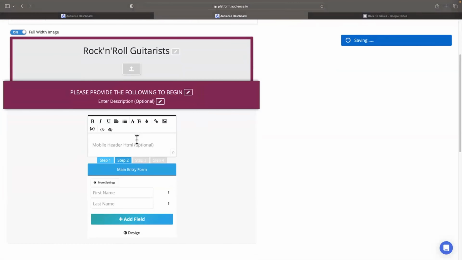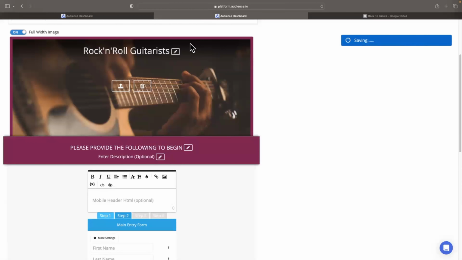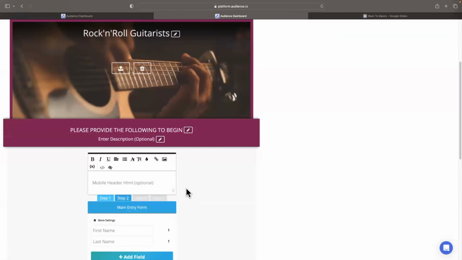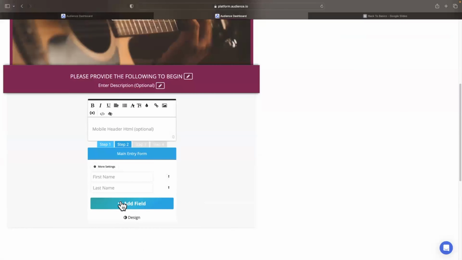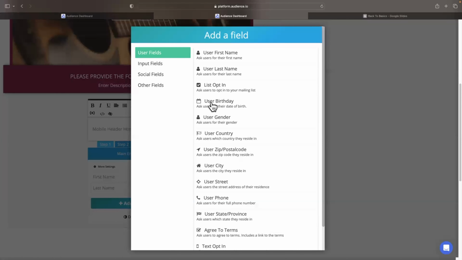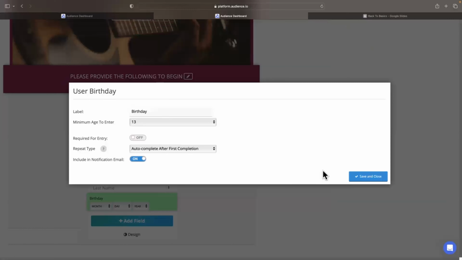So here you can place your mobile header if you want to do that. Let me just close that out. And all right. So here we are with the mobile header. And then this will be very familiar to you. This is your entry form, which we can add the general form fields that we would like.